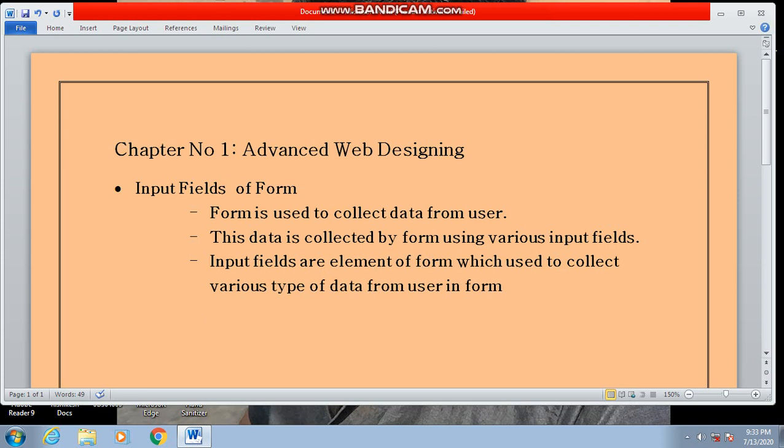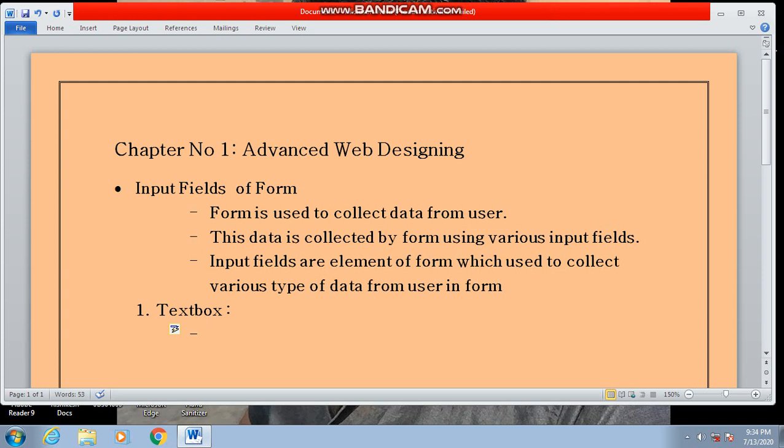So let's start with the first input field, which is a text box, a very common input field. First of all, we should see the use of a text box input field. Use means for which type of data is collected by using this text box.